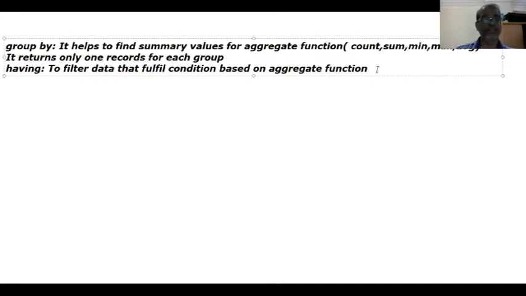So it is just like the where clause. In the previous lesson we studied about the where clause. Select star from student where gender equal to M. It returns only male students. Same thing, but if you want to apply one condition for the records which are already grouped by the group by clause, that condition could be applied with the help of having. Now the small difference between where and having is, having is similar to the where clause.